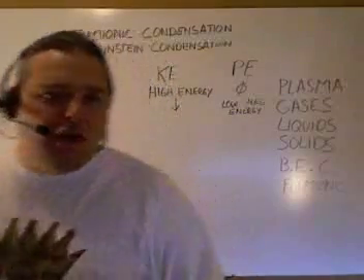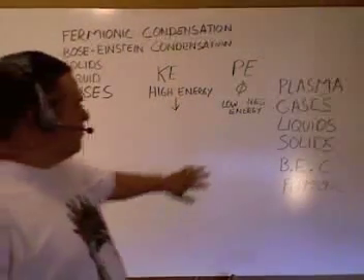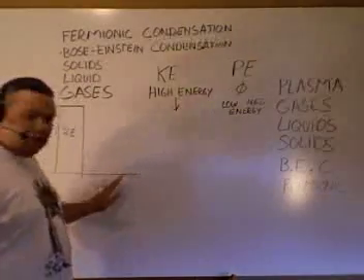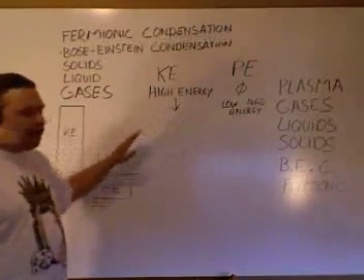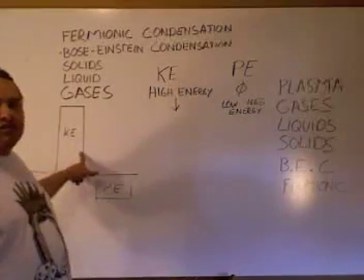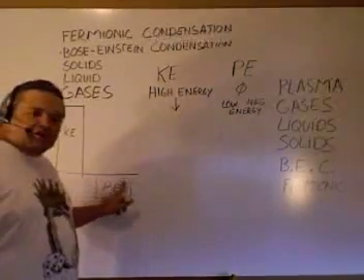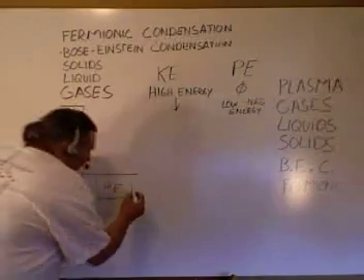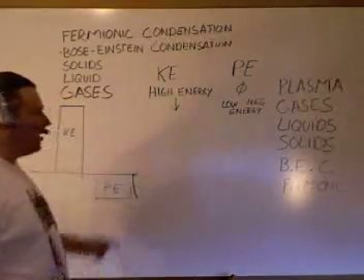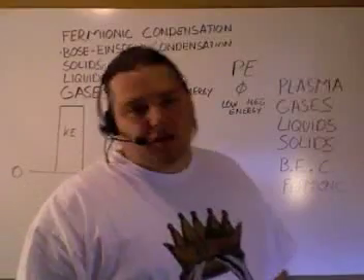So when I dump energy into gases, when they reach the point where it's about ready to go from gas to plasma, I'm increasing my potential energy. I'm dumping energy into the system, and it's going somewhere. It's not being transferred to the kinetic energy. It's being transferred to the potential energy. I pump a little in there, and my potential energy reaches that 0 point, and then boom, I'm talking plasma.